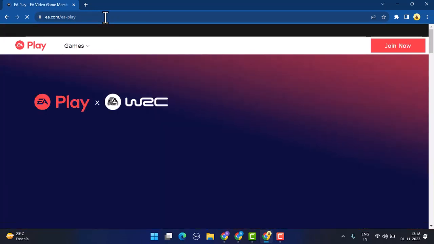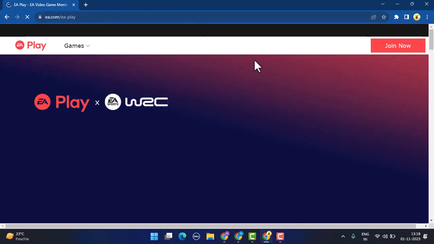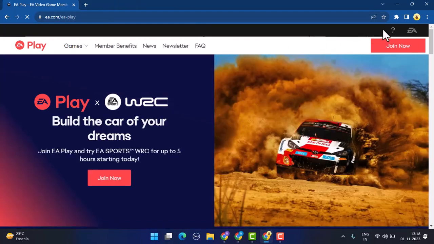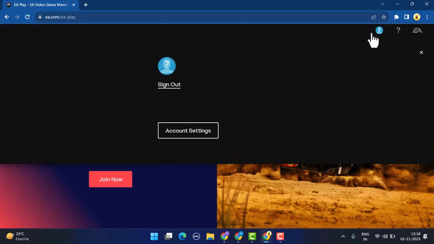After that, it's gonna take you to the official page. So tap on the icon located in the top right hand side corner, the contact icon. Just tap on it and then log in to your account. In my case, I'm already logged in. So once you're logged in as well, tap on the icon once again on the home page and go to